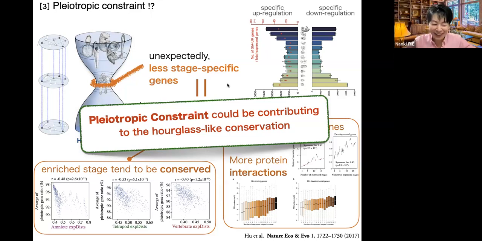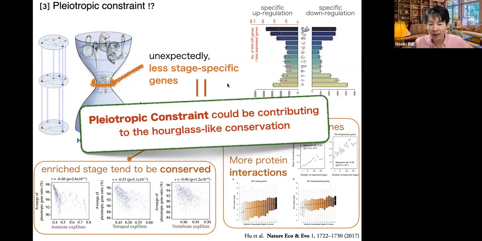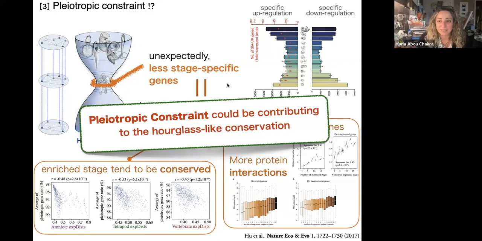Yeah, we actually did. We sequenced three echinoderm species and did a whole embryonic transcriptome, and they also showed hourglass-like conservation. Is it before they metamorphose, in the juvenile stages, or after they metamorphose? Did you see it around